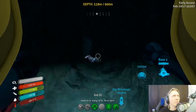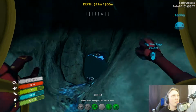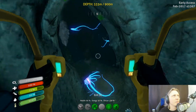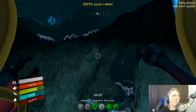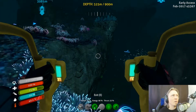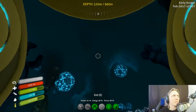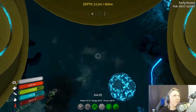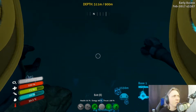And more importantly, what is this up here that I see? This little interior kind of area I can go into. I know I could easily get through here outside of the prawn suit, but at the same time, that's extremely hot right there from that geothermal vent. I don't want to get roasted alive. And looking at this, it looks almost like I'm in a cavern right now. Like there's a ceiling, there's a roof to this,